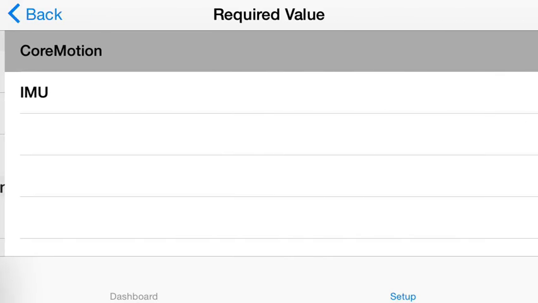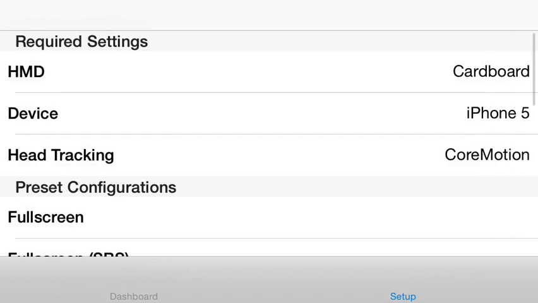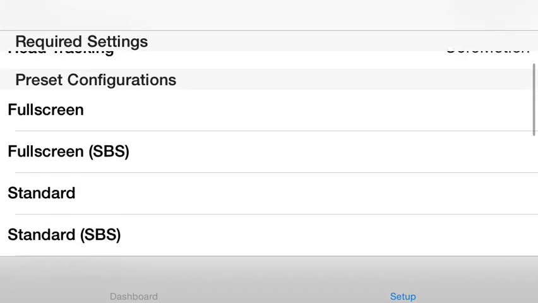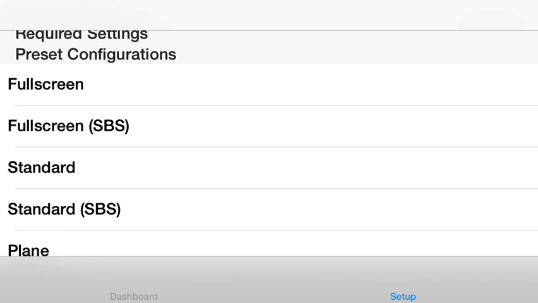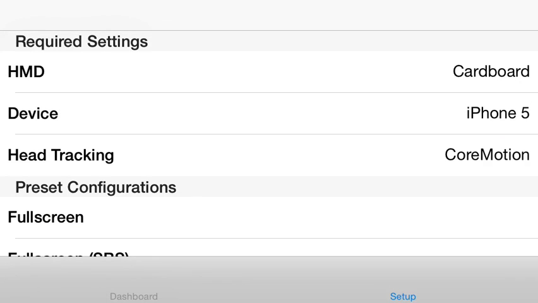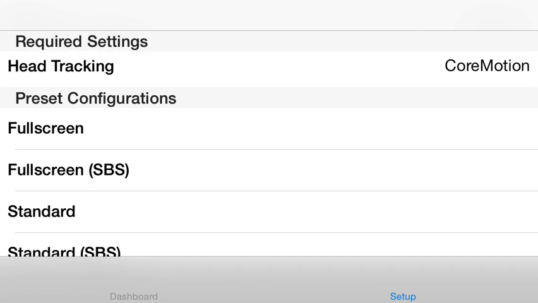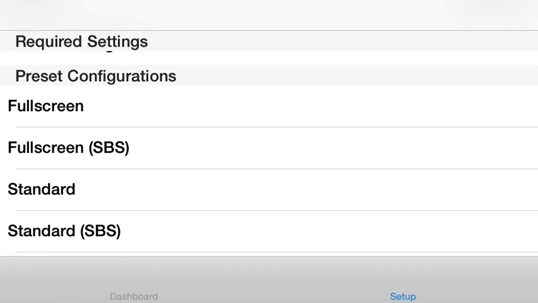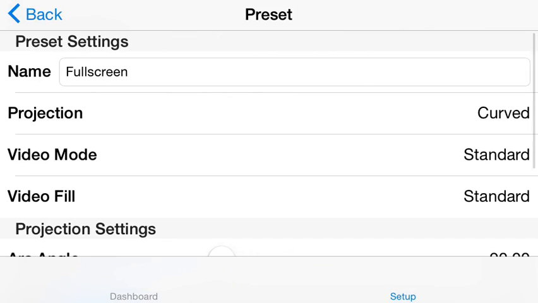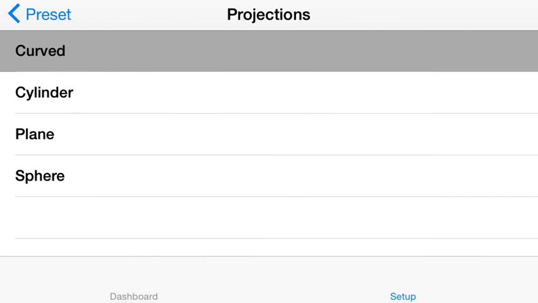And then also you can choose how you'd like to track, but at the moment I'm just going to stick with Core Motion because the other one doesn't seem to work at the moment, or I need to work with it a bit more. So now underneath the required settings we have the preset configurations. So if I click on full screen here, I can change its name, I can change the type of